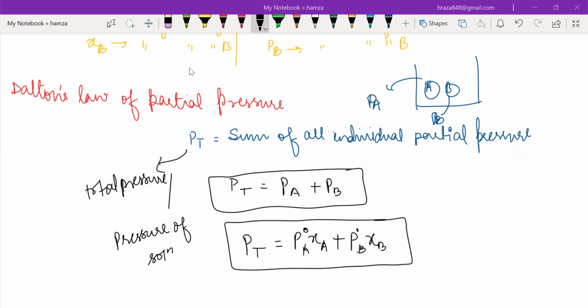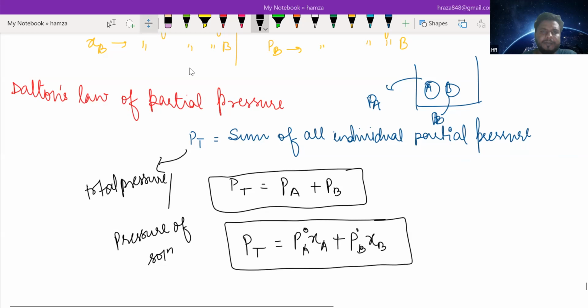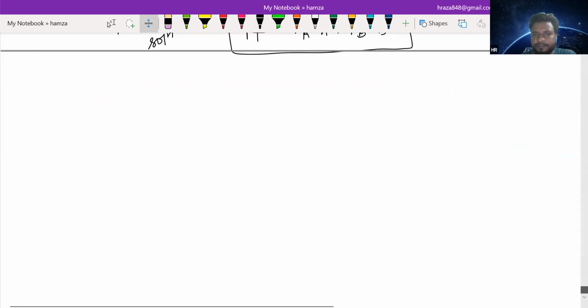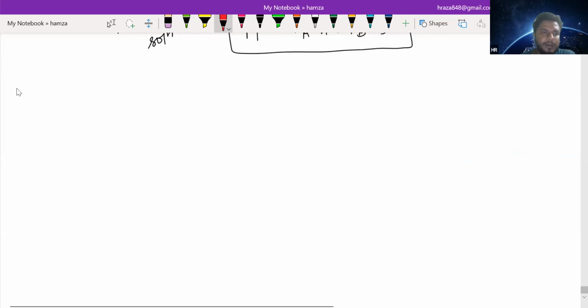Now we are going to have a question on this topic, which is very easy, if you know how to calculate mole fraction. Whenever you solve a question, first note what is given in the question and then see what it is asking. Just write the formula and fit whatever is given in the question, and you will get your answer easily. At first, you will take some time to calculate it, but at last, it will be very easy.